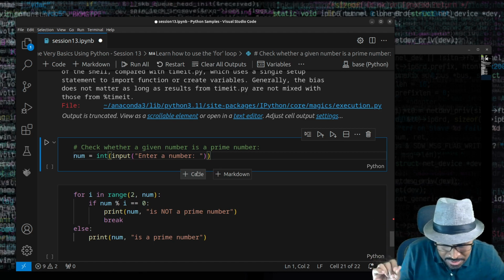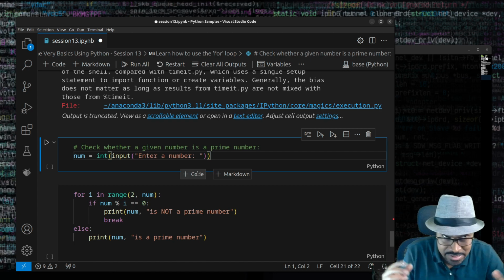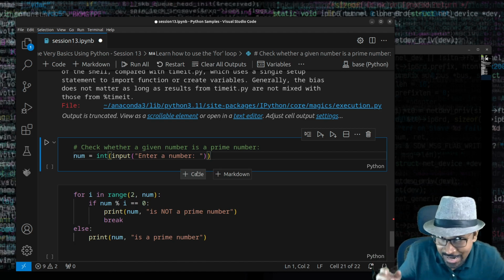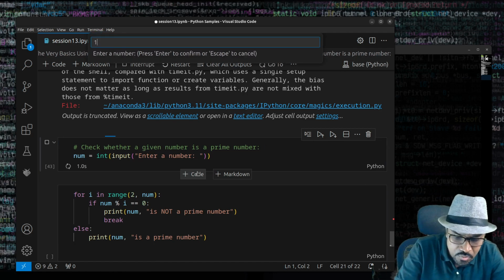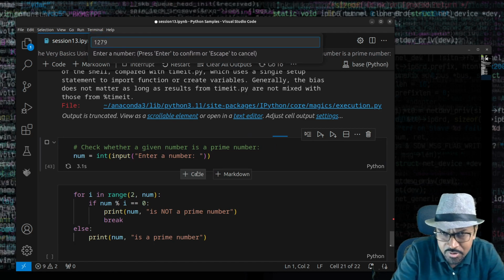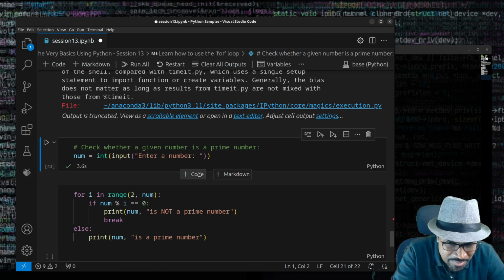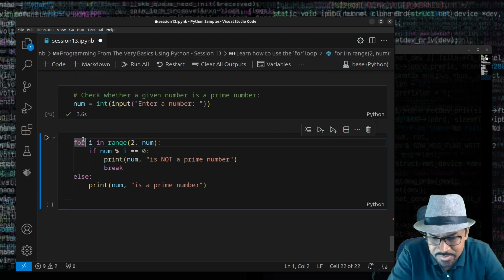And let's try with 1279, the magic number. That's a prime number, right? Let's try that. 1279. I could also hard code that. Shouldn't be a problem. Now here, I'm just going to use